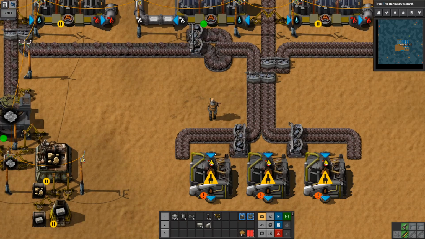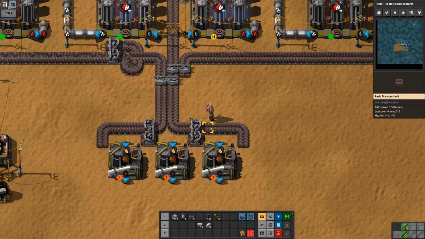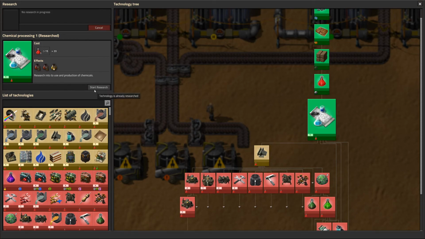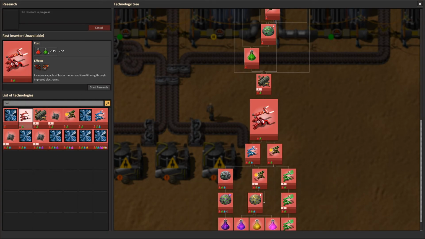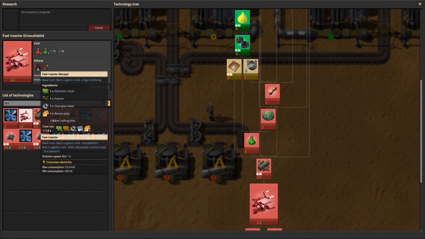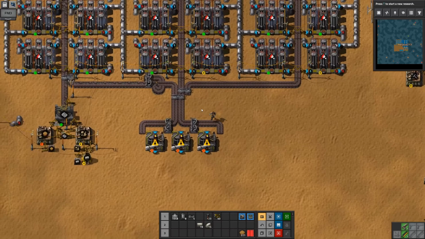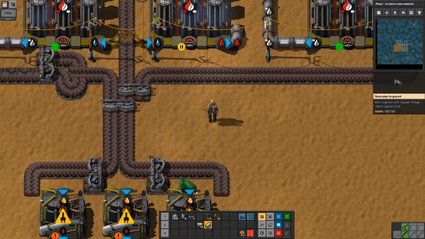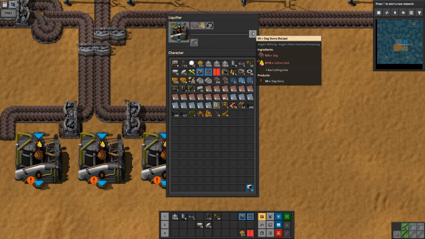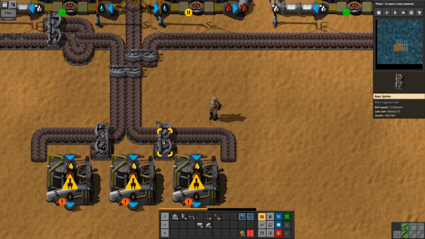Although saying that, we need to be able to get the liquid in here. What are we requiring for fast inserters? We're ways away from those yet. They're going to need like steel gears and bronze and yeah. So we can't do that yet, which is a shame. Huh. Let's rethink this. We need 7.5 items per second. So we're probably going to be better off by...